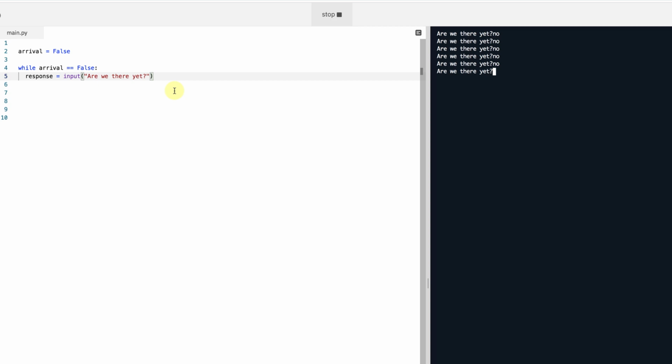So what do we need to do to make it stop? This is where we're going to get into an if statement again. So we have response equals input, are we there yet? So I'm going to say if response equal yes colon print